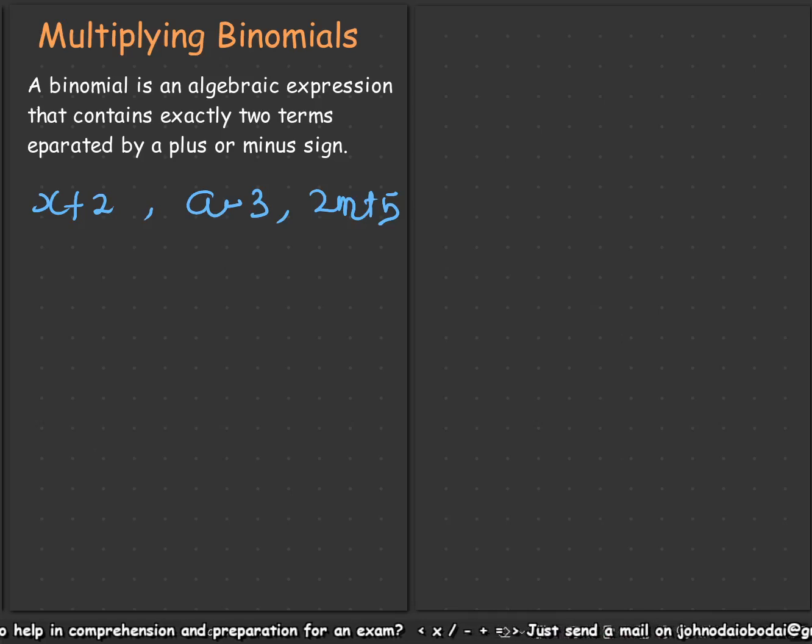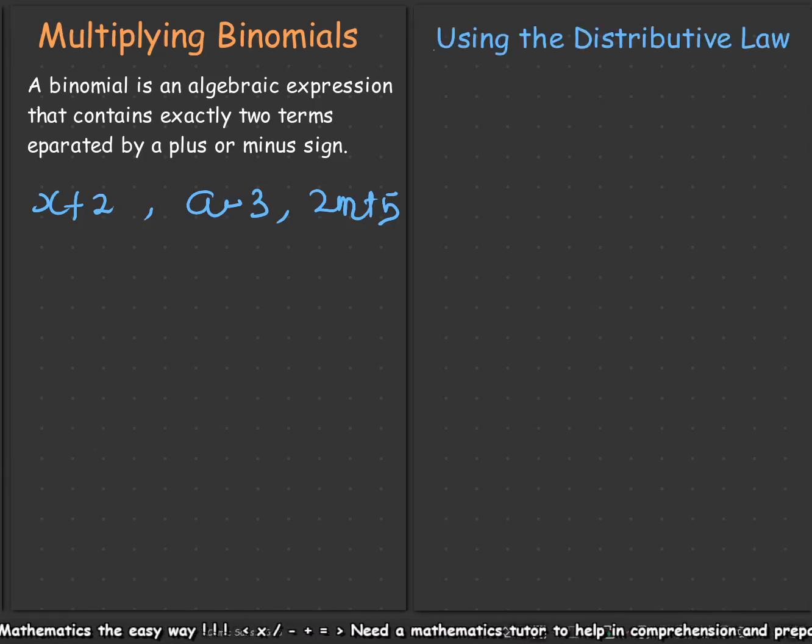Now, we want to look at how to multiply two binomial expressions. There are various methods we use, but in this lesson, we are looking at the distributive law, how to distribute over it. So without much ado, let's quickly look into that as well. Talking of the distributive law, let's take a binomial, for instance, x plus 3